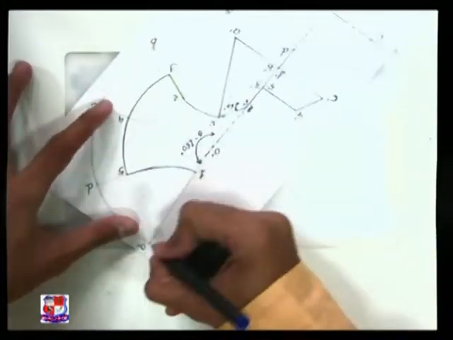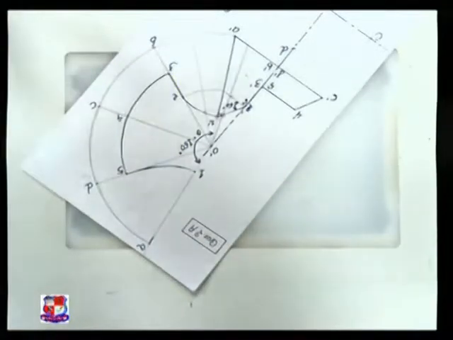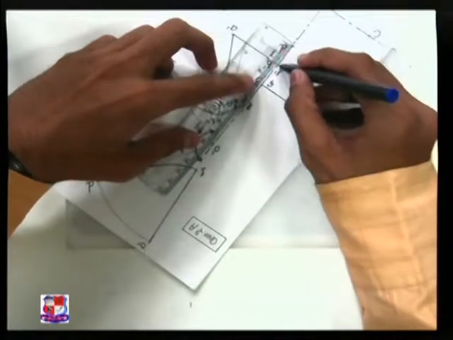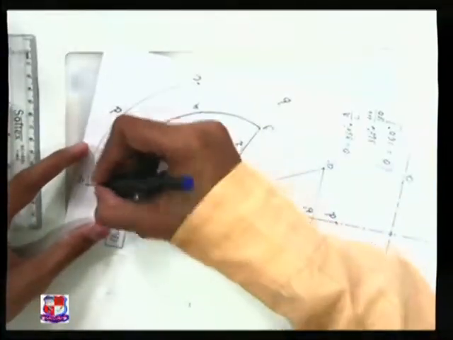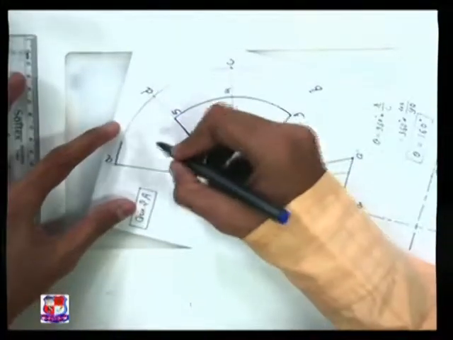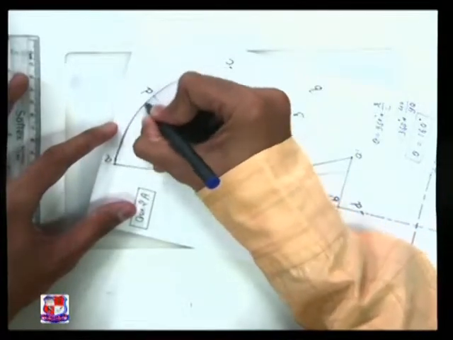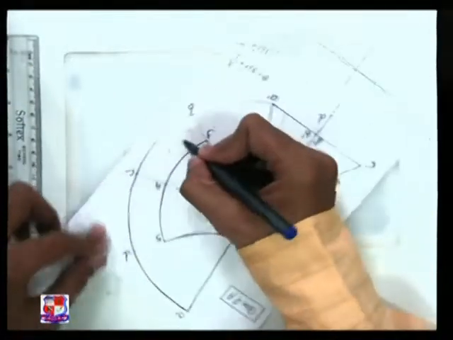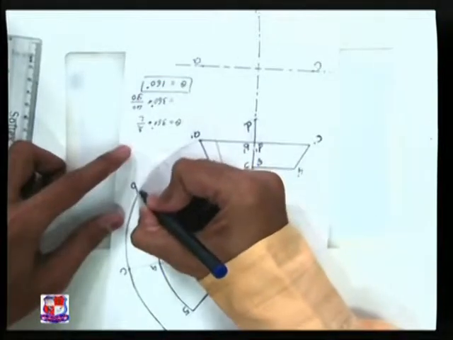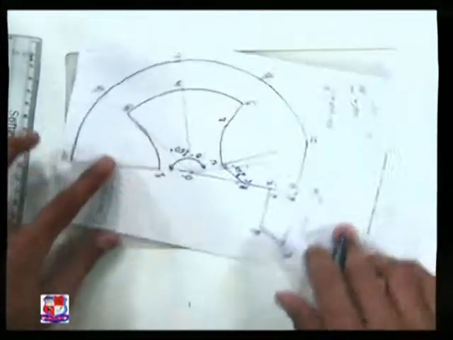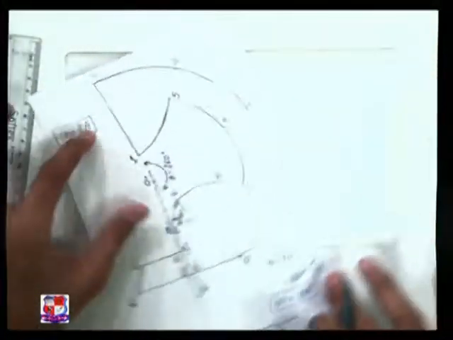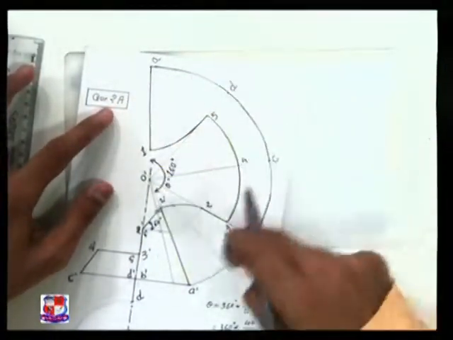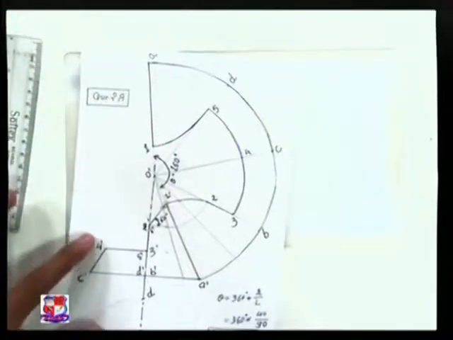So this is, and again here a straight line would be there, here also a straight line is there, and this is the final developed portion of the given problem. This is an arc. The portion which is covered with this blue colored pen is the answer of our problem, this one. So whenever we cut this cone, this portion like a C shape, reverse C shape would appear as a development.